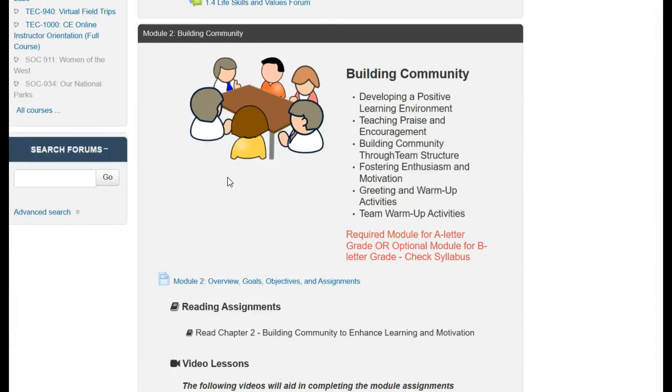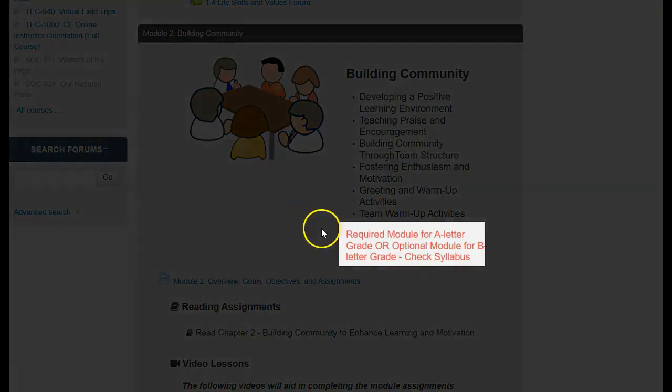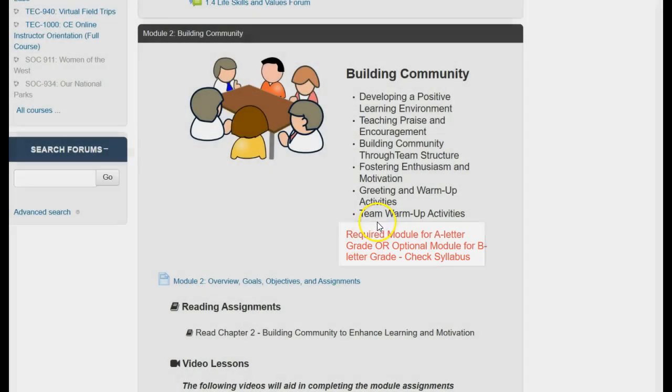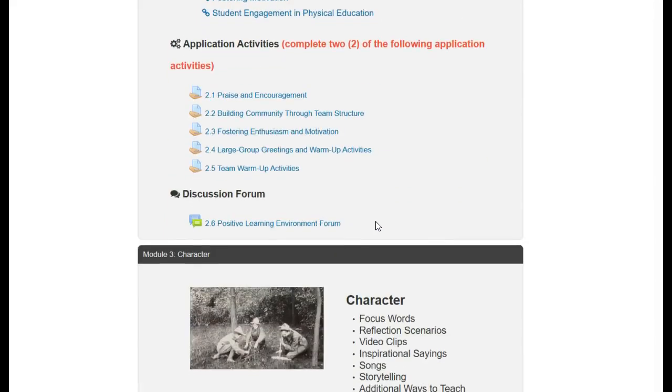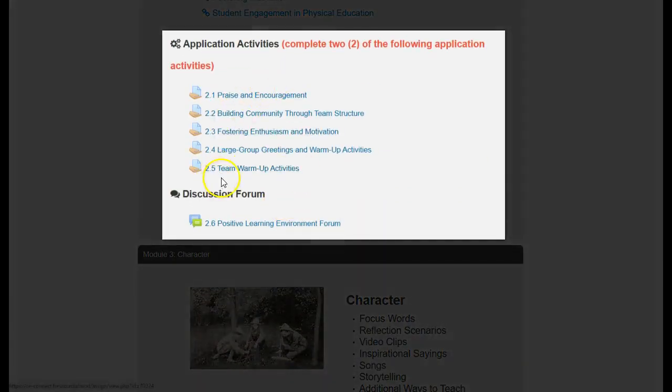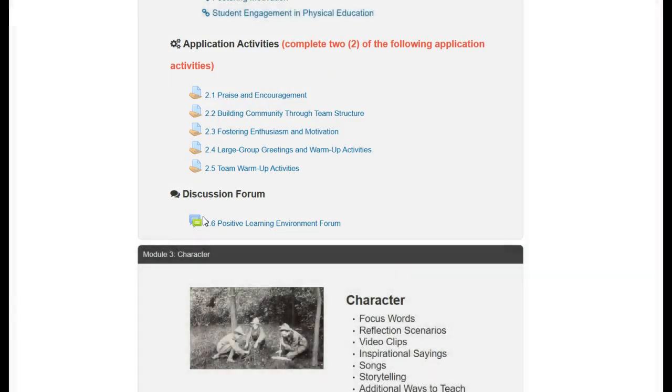This next module, Module 2, is an example of a module that's not required by B students, but it's one of the options that can be chosen. And down here for the activities, the assignments, we see that there are 5, but you still only need to choose 2 of those, plus the forum makes the 3 assignments for that module.